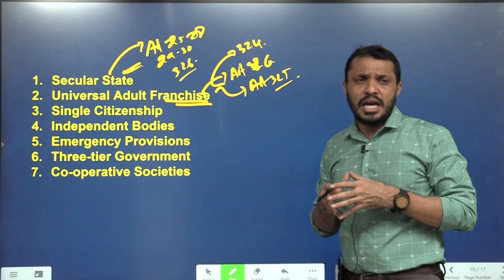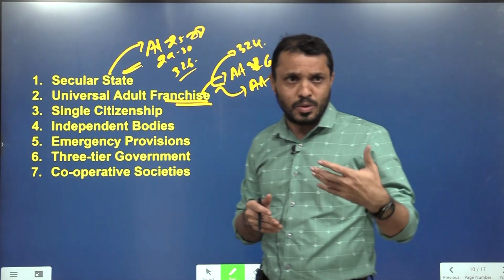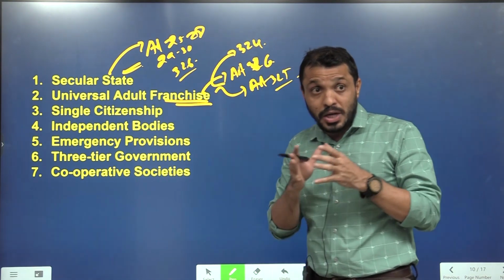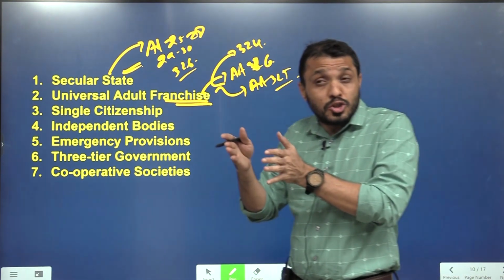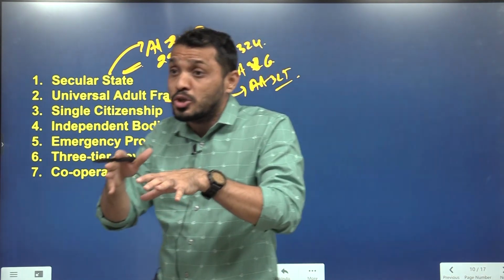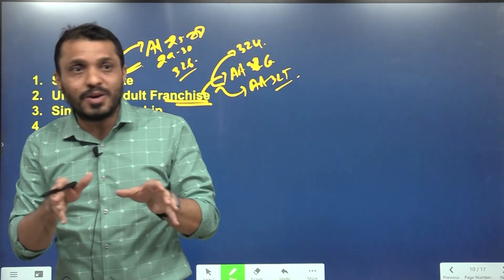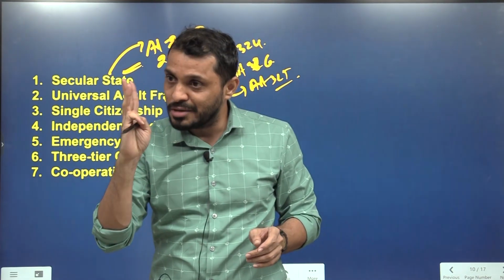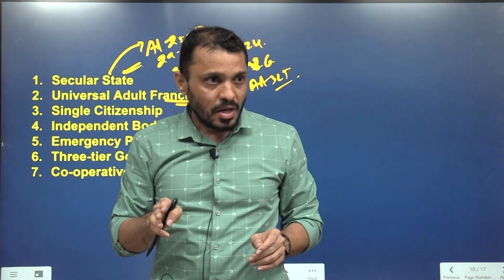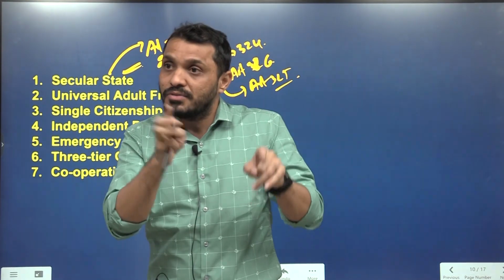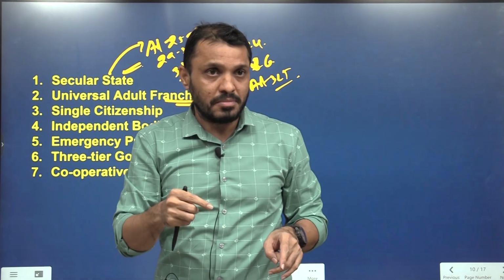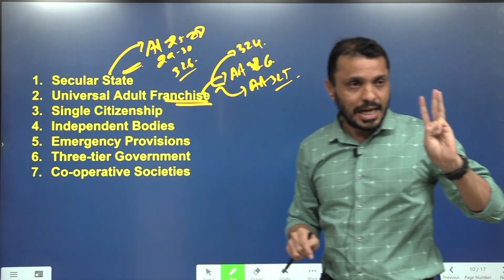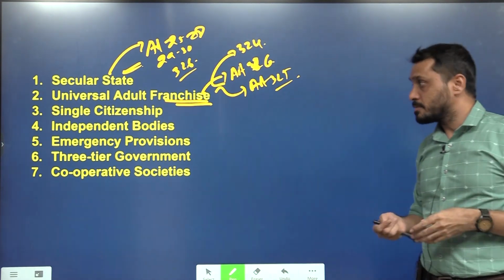That means whoever is above the age of 18 years will get voting rights. Previously it used to be 21 years, but in Rajiv Gandhi's time, 21 years was reduced to 18 years. When it was reduced, obviously many more people became eligible to vote. Because of that, the Rajiv Gandhi government increased the single-member Election Commission of India to a 3-member commission in 1989. The VP Singh government reverted back from 3-member to 1-member. Again, the PV Narasimha Rao government reverted back from 1-member to 3-member. Now we are continuing with the 3-member Election Commission of India, Article 324.